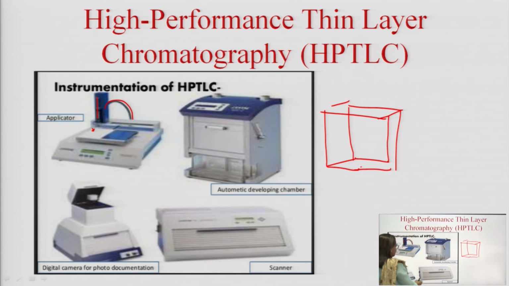Okay, this is the scanner. After the development, the plate is taken, the shutter is opened, and inside that the plate is kept. So, this scanner contains two types of lamps, UV and tungsten. This gives it the ability to scan on the absorption parameter or at the transmittance parameter. The lamp once scans the